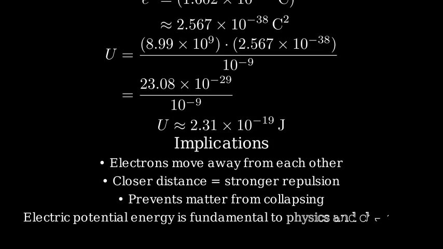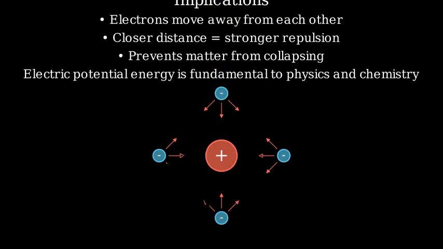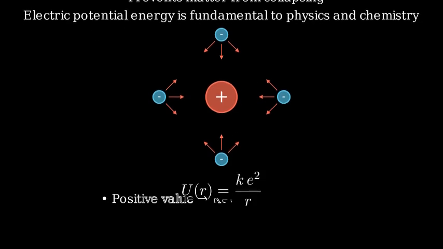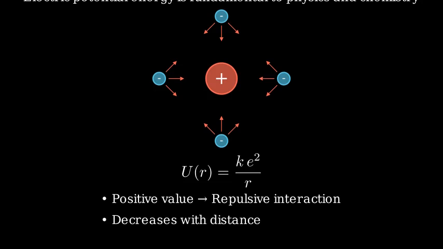Understanding electric potential energy is crucial in many areas of physics, from atomic structure to chemical bonding, and even in semiconductor devices. To summarize, the potential energy function between two electrons is U(R) = k·e² / R. This is a positive value indicating repulsion, and it decreases as the distance between the electrons